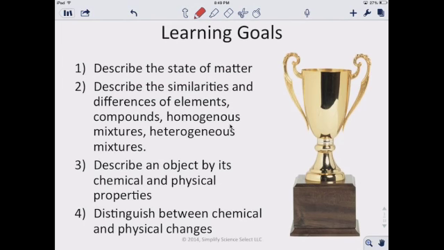So, we're going to describe the states of matter, and then we're going to describe the similarities and differences of, and this is really important here, elements, compounds, homogeneous mixtures, and heterogeneous mixtures. We need to know those. We want to describe an object by its chemical and physical properties and distinguish between chemical and physical changes. Some good definitions that we need to know there, and we'll jump into those and try to explain them a